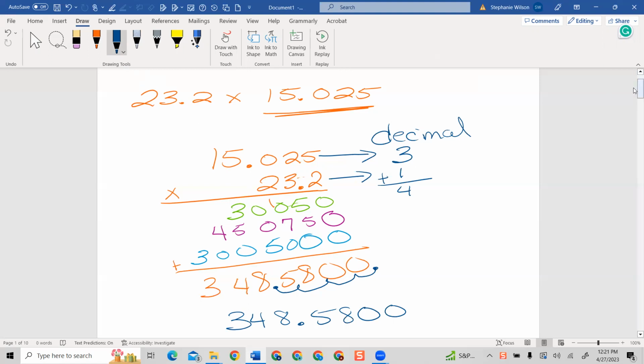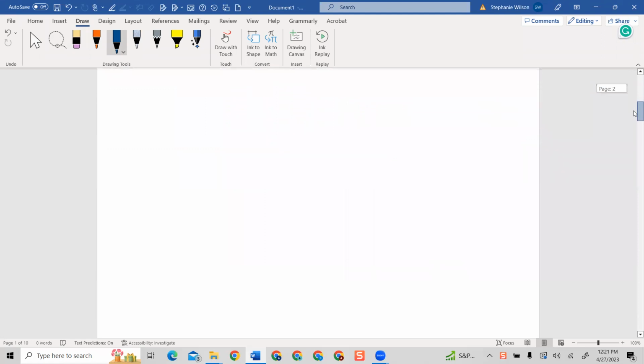All right. So now let's do division of decimals. Let's talk about division of decimals. So if I have, let's try this one. I have 45 divides 0.15. So whenever we divide